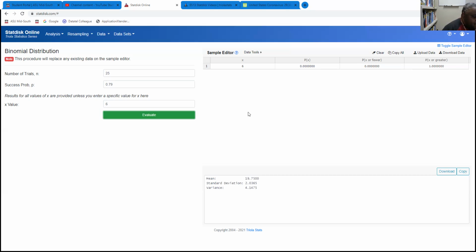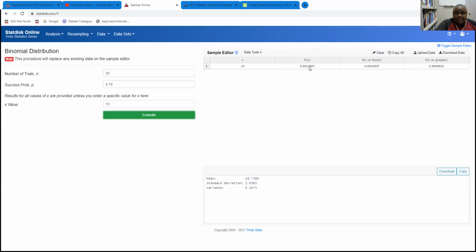And then the next problem, the probability that 13 people need eyesight correction. Well, the N and the P will remain the same. All you have to do there is just change your X value, in this case to 13, and then click evaluate. Okay. Now we have a decimal value here for P of X. And this is the only column that you need to look at. Don't worry about X or fewer or X or greater, because we're dealing with just the exact number, which is P of X. So the probability that 13 people need eyesight correction would be